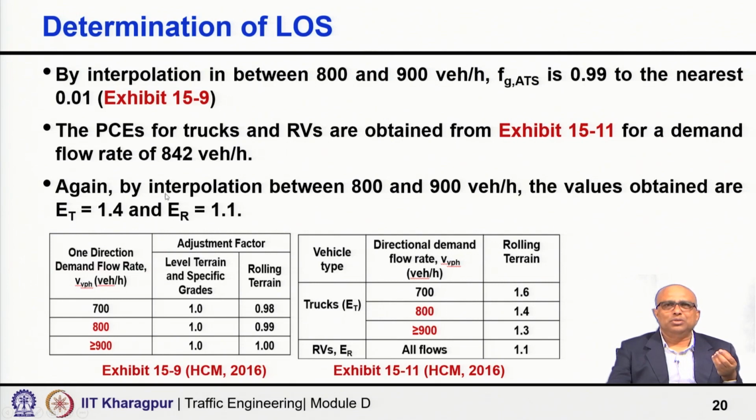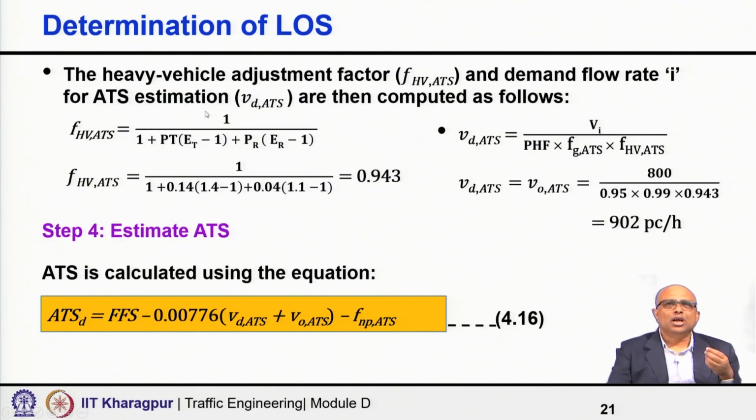For that one we know the flow is 842 and we go to Exhibit 11. We take the passenger car equivalency value: for recreational vehicles in rolling terrain it is always 1.0, for all flows 1.1, but for trucks at 800 it is 1.4, and at 900 and above 1.3. Our value is 842, so we get the value as 1.4, again to the nearest 0.1. Now we use this formula to get the